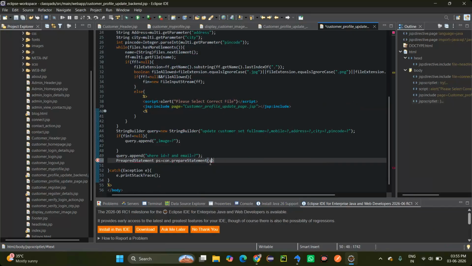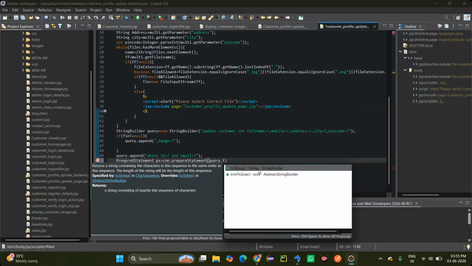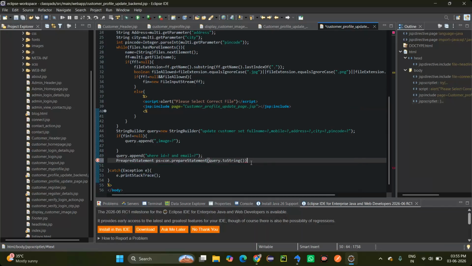In that we can use the query.toString. Okay. After prepare statement,